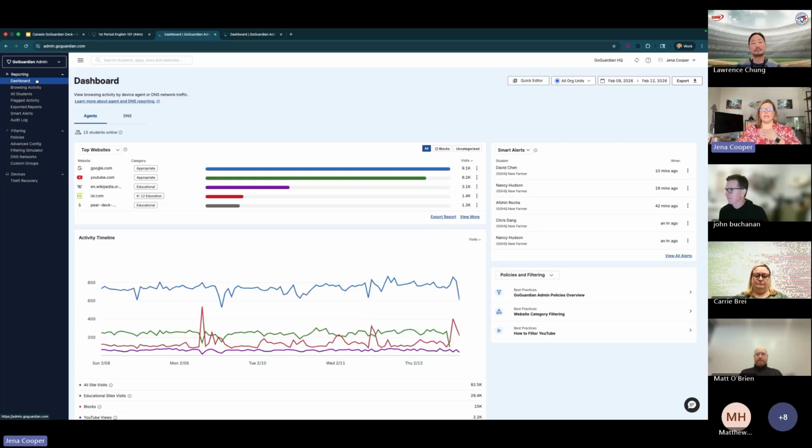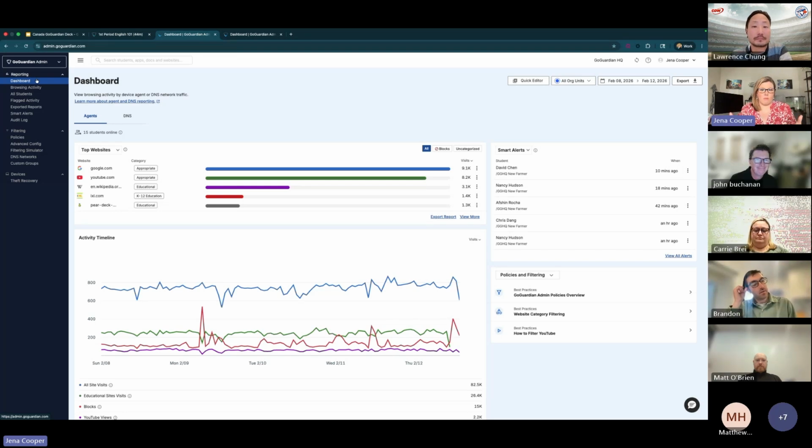All right, so let's hop into Admin, a brief overview of Admin. This is our content filtering tool. I understand that most districts and boards in Canada are using a firewall as their main form of protection. One of the reasons that Toronto District School Board partnered with us was getting data and insights into the ROI of their one-to-one program. Who's using what? Where are they using them? Where are these being used? And also additional filters beyond the firewall. And I'll show you that here in a minute. So the dashboard is going to give you this overview of information.